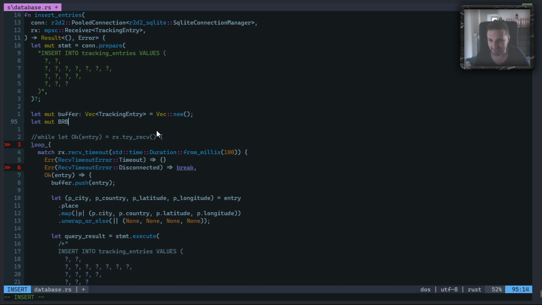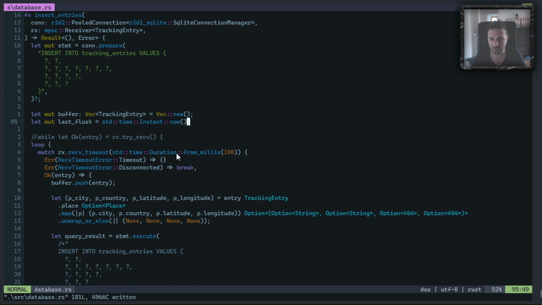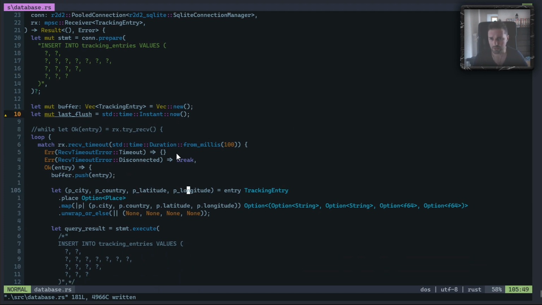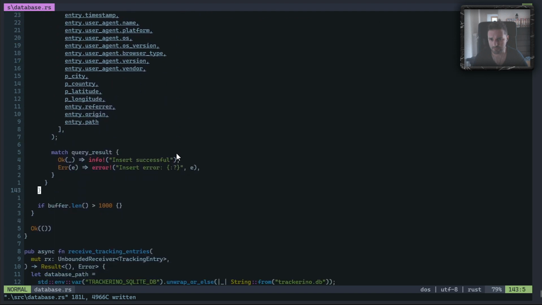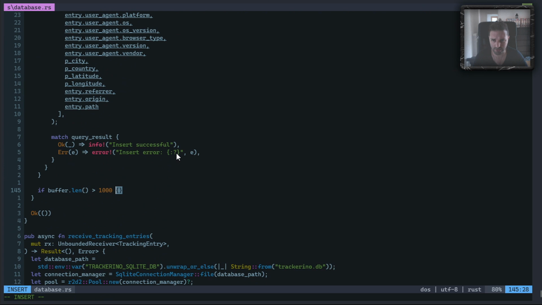Yeah, that's a lag. That's what everyone says. So what I'm going to do is I'm going to check if like 1 second, let's say 2 seconds, I would say 5 seconds, it's not a big deal, have elapsed. We have more than 1000 messages or last flush elapsed is greater than